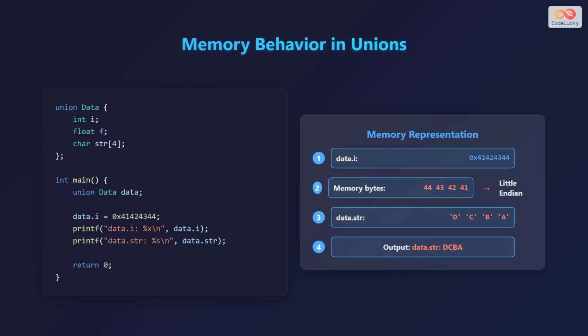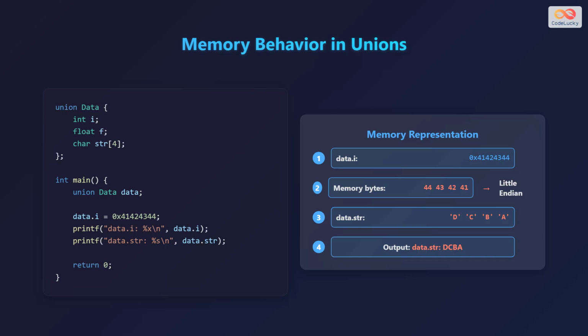Let's examine the memory behavior of unions with an example. We will declare a union named data containing an integer i, a float f, and a character array str of size 4. Inside the main function, we create a union variable called data. We assign the hexadecimal value 0x41424344 to data.i. This means that the integer i now holds the value 41424344 in hexadecimal. Then we print the value of data.i using the format specifier x, which displays the value in